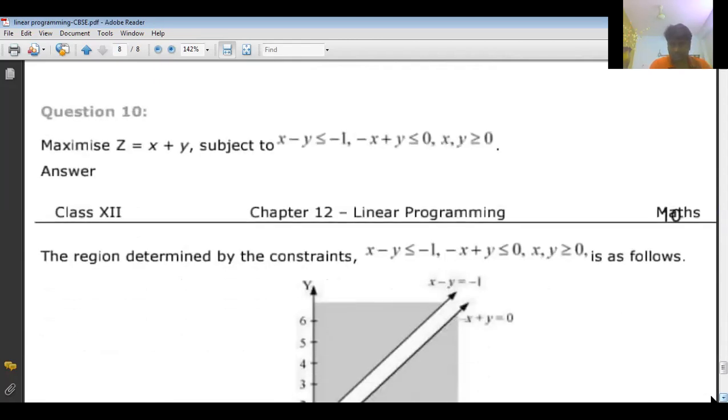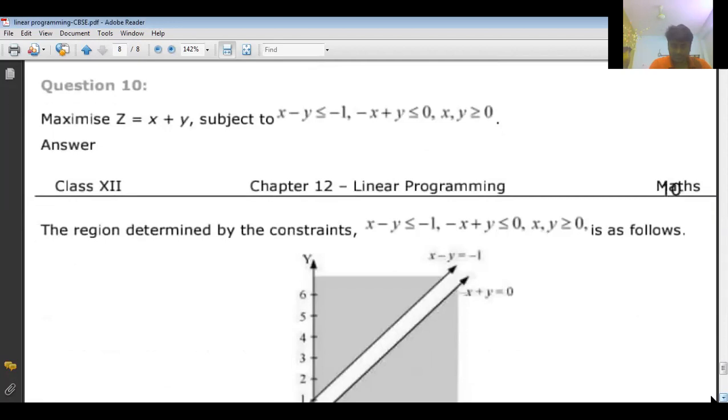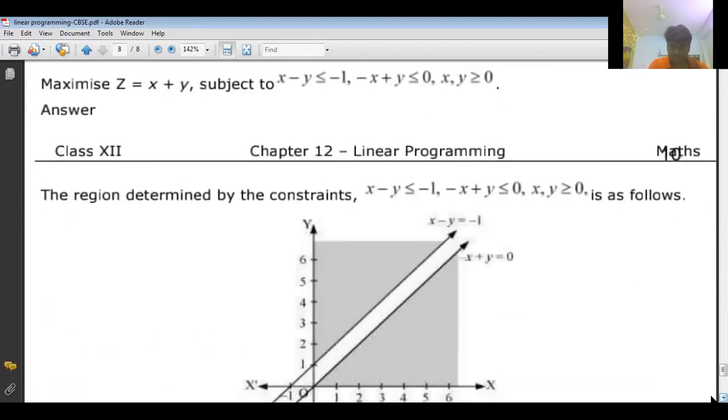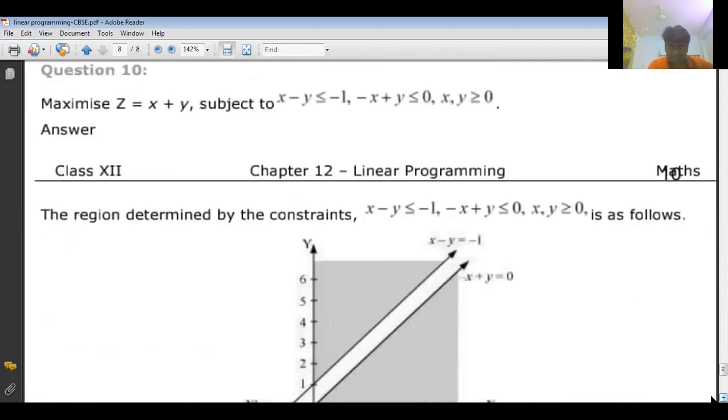That is very important. Now let us see the last problem in this, question number 10. Here also maximize x plus y, given x minus y less than or equal to minus 1. For that line, we will take less than or equal to minus 1, and for this, less than or equal to 0 we will take. For this one the region is coming downward, and for that one upward. So here also there is no common region.